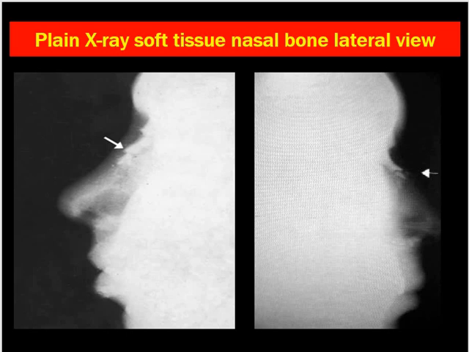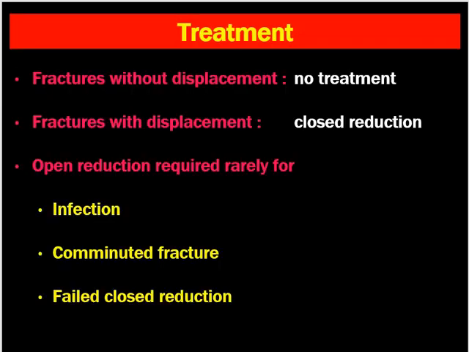This is very important for your internship. If you are going to the emergency and you see a patient of fracture nasal bone, you have to order a plain X-ray, soft tissue nasal bone, lateral view. When the patient has polytrauma, then CT scan is performed. CT scan helps to identify fracture nasal bone as well as fracture of the maxillary bone and any problem in the brain. So let's come to our main topic: how to treat, what are the treatment options, when to treat